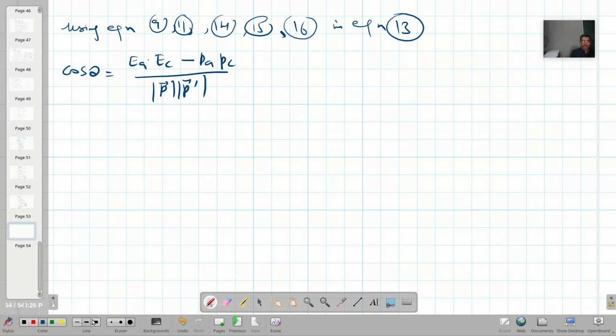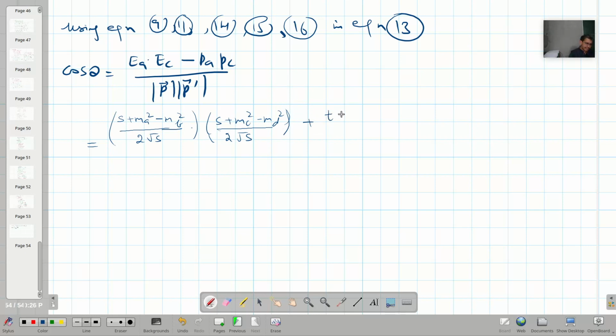So this will become (s plus ma square minus mb square) over 2 root s, into (s plus mc square minus md square) over 2 root s,